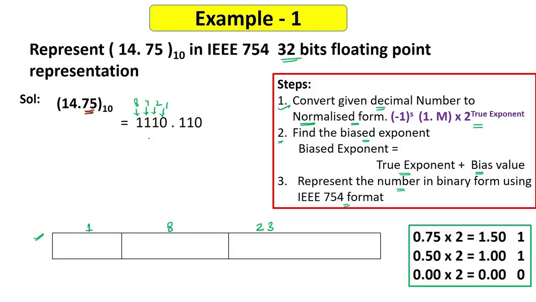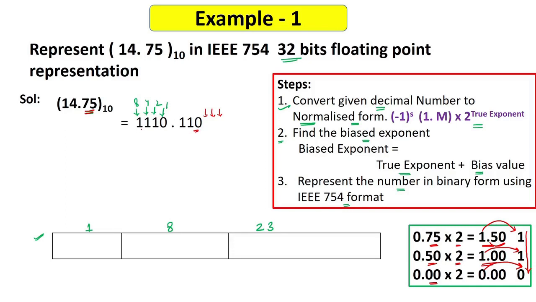Now for this 0.75, what you can do is just multiply it by 2. We have seen this in the number system video, right? After multiplying, we get 1.50, and this 1 is taken for the answer. In the same way, 0.50 will again be multiplied by 2. We get 1.00, and we take 1. And 0.00 will be multiplied by 2, we will take 0, and this 0 will be carried here, right? Now for the answer, we go from up to down and take 110. So I have written 110, and this is 14.75, right? You can put many zeros here also, but they will not be so useful, so you can skip them.